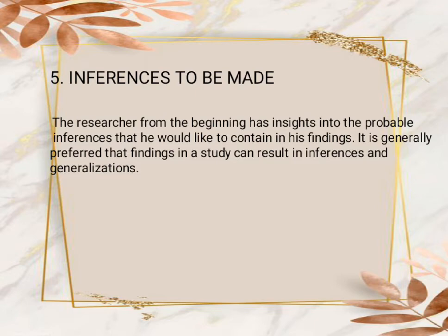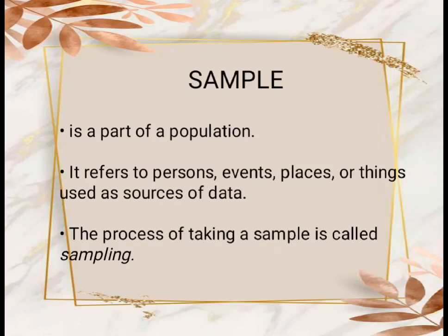Survey data may be used for description or for analysis. Sample is a part of a population. It refers to persons, events, places, or things used as sources of data. The process of taking a sample is called sampling. So, sample is the small group that you observe, and the population is the larger group about which your generalization is made. According to Ferguson, he defines a sample as any subgroup drawn from the population,